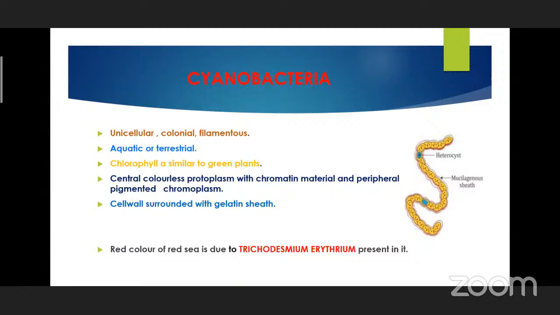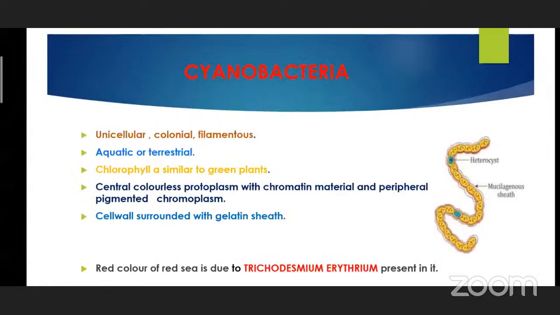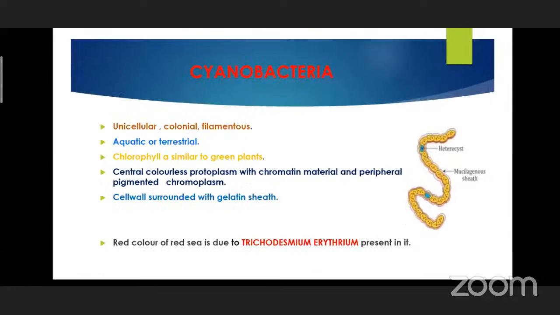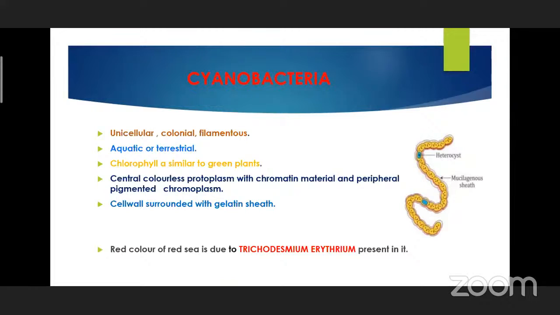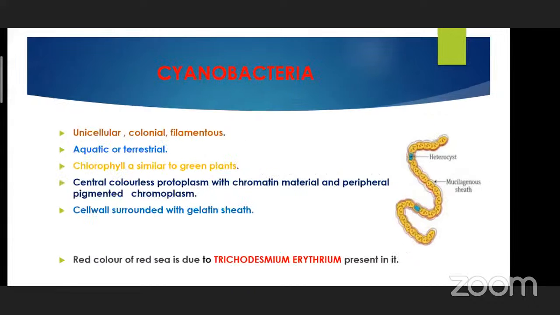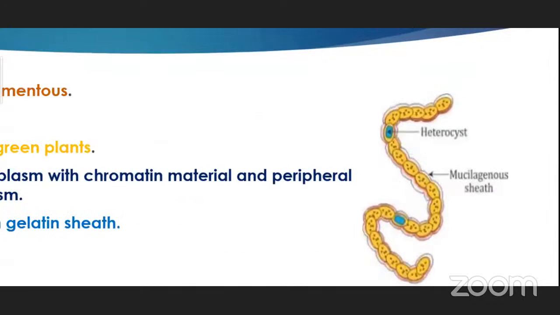And the peripheral part is pigmented, the chromoplasm. Chromoplasm means colorful. Why is it colorful? Because of the presence of chlorophyll A pigment. Apart from this chlorophyll A pigment, it also has xanthophyll and carotenoids that give the color. And the cell wall is surrounded with a gelatin sheath or mucilaginous sheath. As you can see, this is the reason